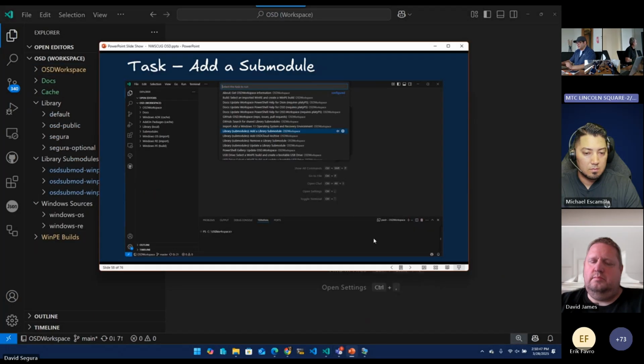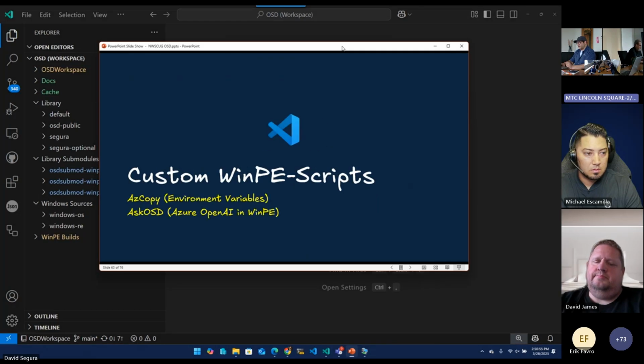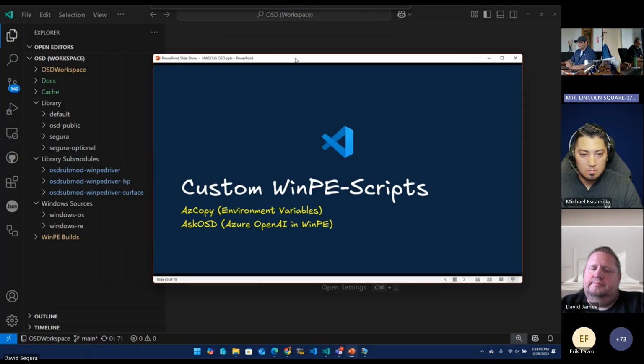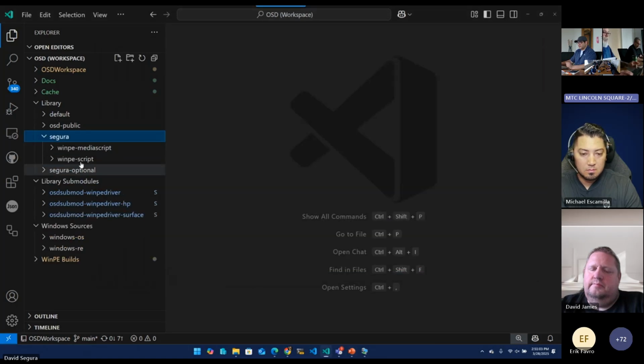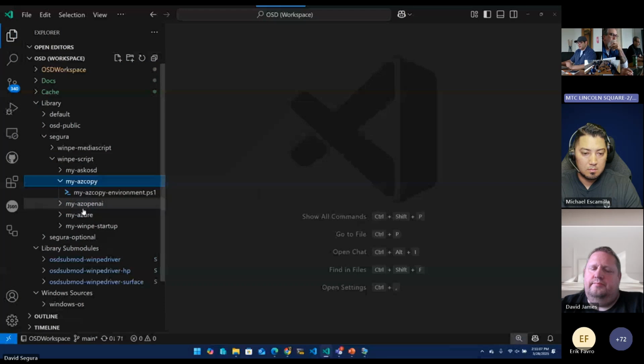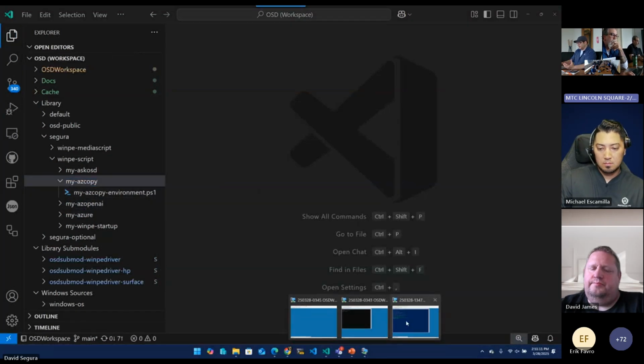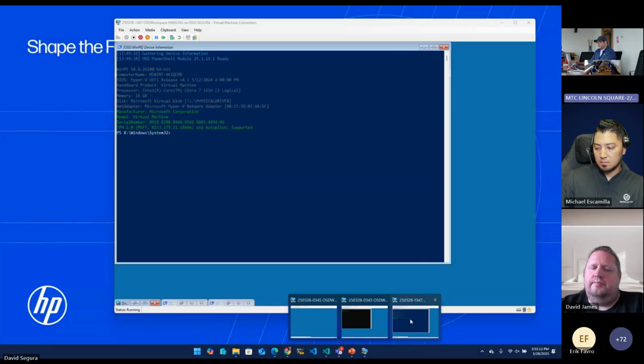So where are we at? Add a submodule. We did that. OSD Cloud V1 scripts. Okay. So some of the custom scripts, if we're working on custom scripts, we have a lot of time to play around with what we can do with this. And the best example I can give is